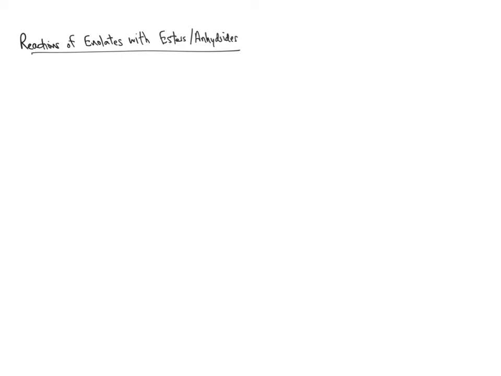So the next class of reactions is one in which we take an enolate and react it with an ester or an anhydride as the electrophile. The first reaction we're going to come across is known as the Claisen condensation. And the Claisen condensation is the reaction of an enolate